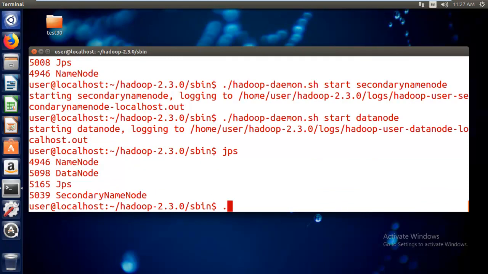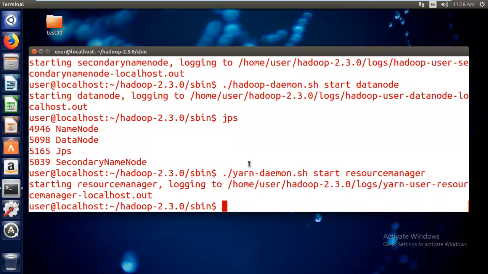Similarly, now we'll start the YARN related ones. yarn-daemon.sh start resourcemanager. So this starts our resource manager, followed by, of course, the slave daemon, nothing but the node manager.